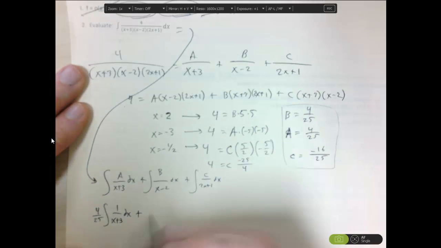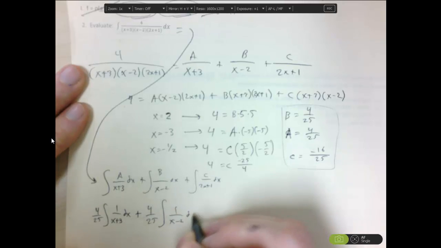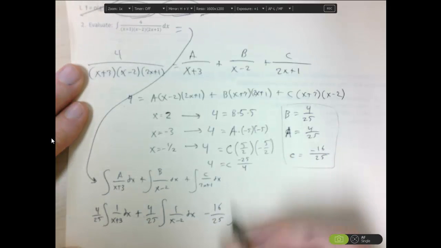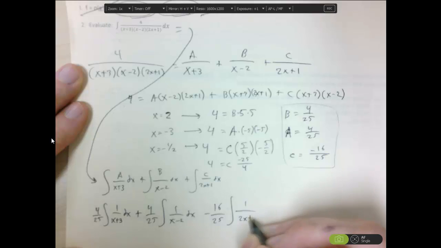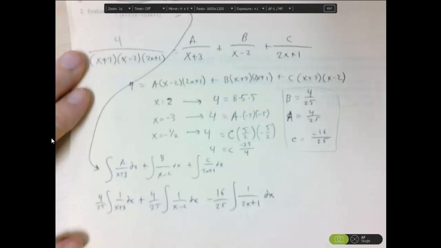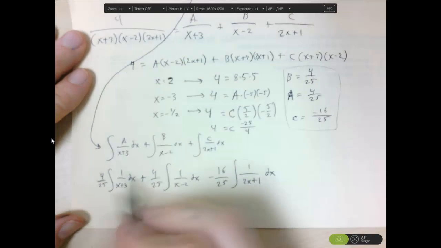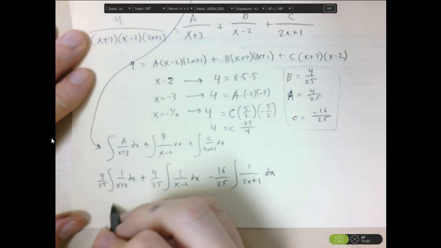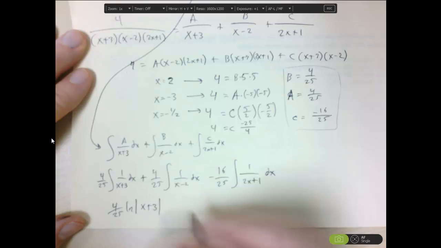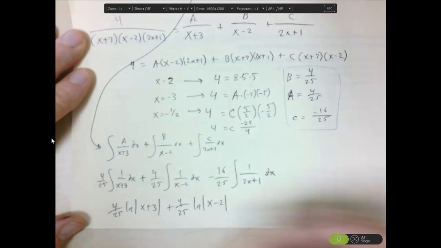b is also 4/25, 1 over x minus 2 dx. c is -16/25, 1 over 2x plus 1 dx. All right, so now each of these integrals is easy to do separately. I know this is natural log x plus 3, so I can write 4/25 natural log absolute value x plus 3 plus 4/25 natural log absolute value x minus 2